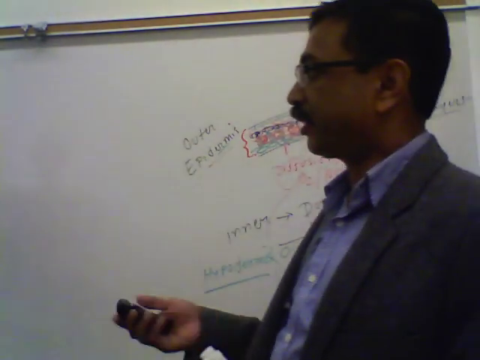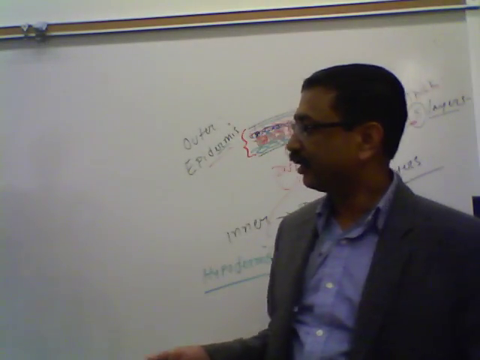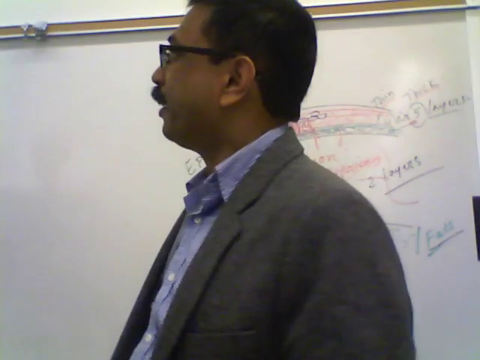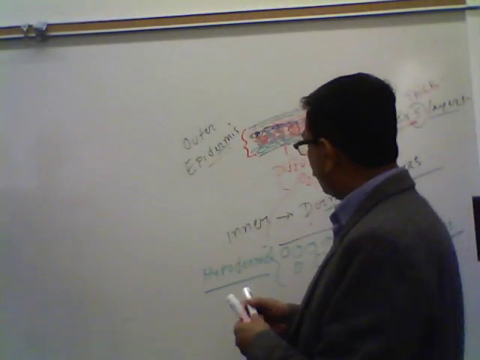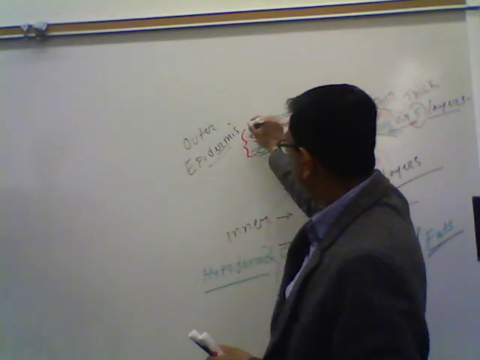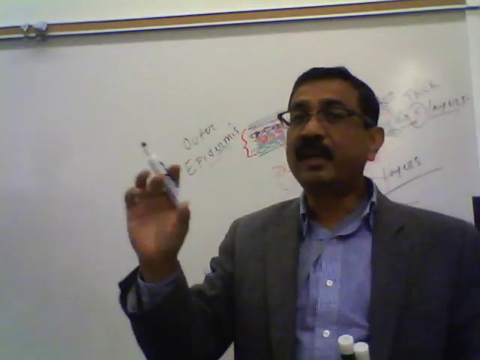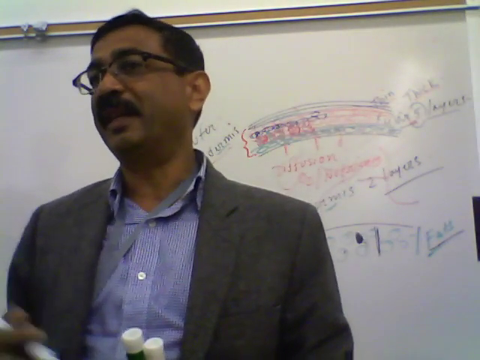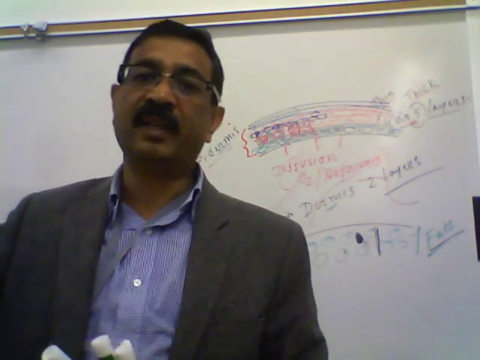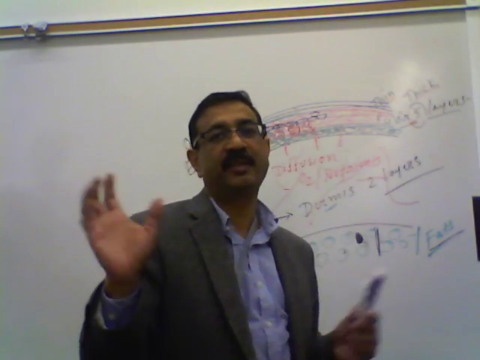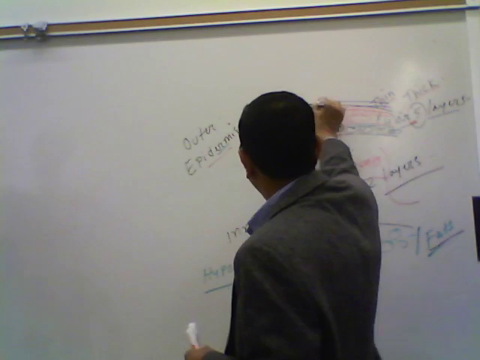So if I ask you in the test which layer is missing in the thin skin, this is the layer. And the outermost layer is the stratum corneum, and remember this layer gives the thickness of the thick skin. Stratum corneum is responsible for the thickness of the thick skin. In thick skin, this layer is very thick,